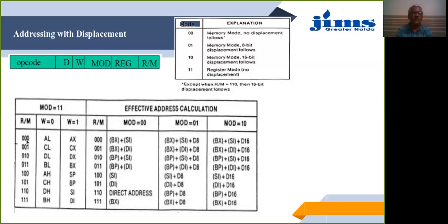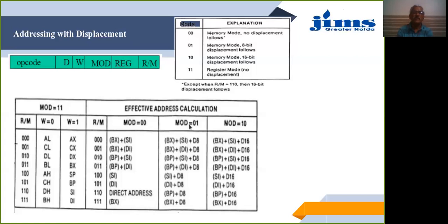For example, if I write here AX and here BX, the value for AX is 000. And if I write here DX, the value for DX is 010. So your source will be register AX and destination will be BX. If the value of D is 1, then this REG field is the destination. If I write here AX and here BX, BX will be source and AX will be destination.